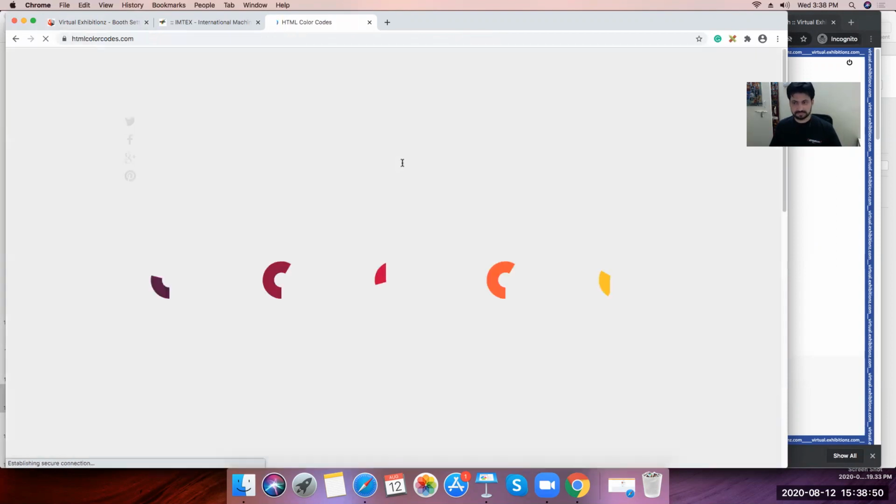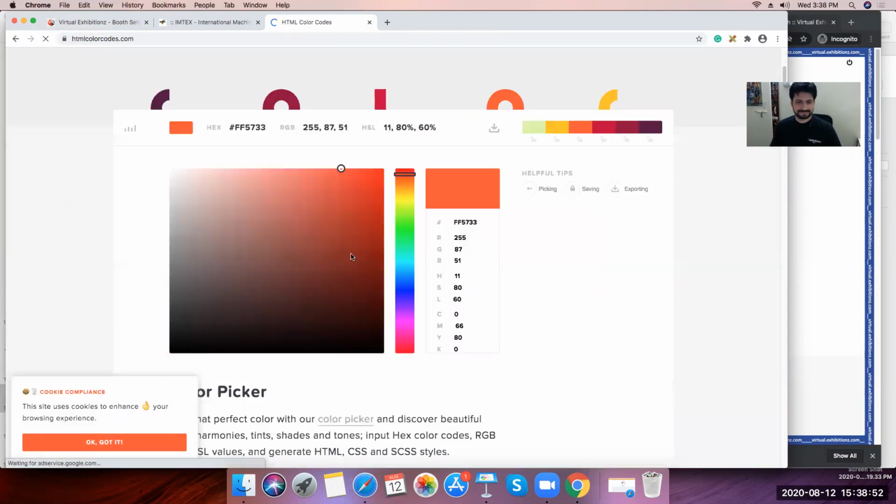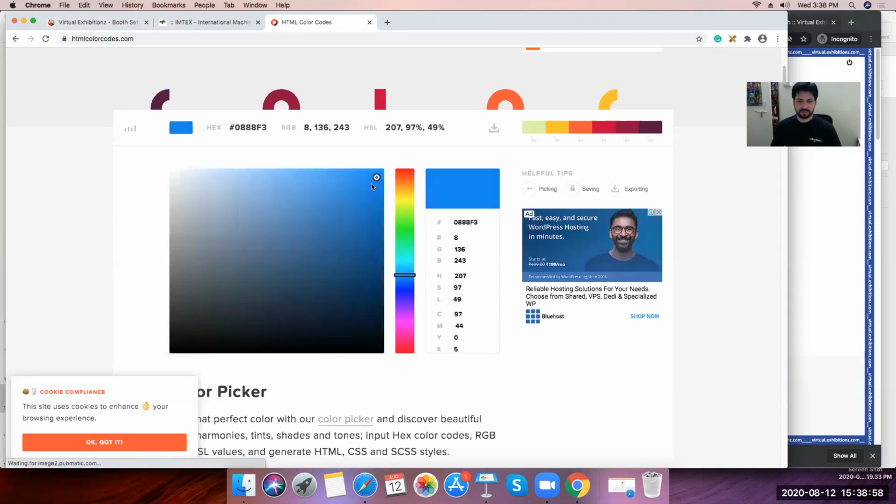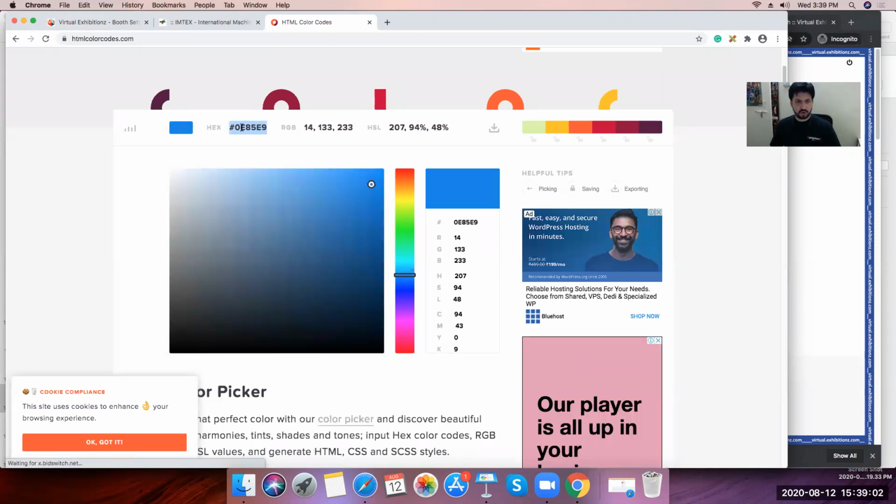Anything, I don't have something on that side. Choose. You can go with gray or blue, whatever. Blue works. So I'm going to choose this blue, for example. Go and copy this.